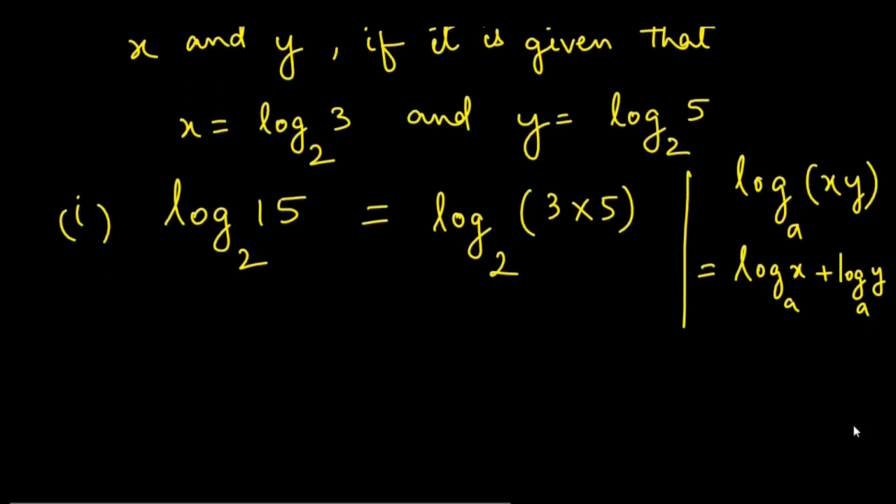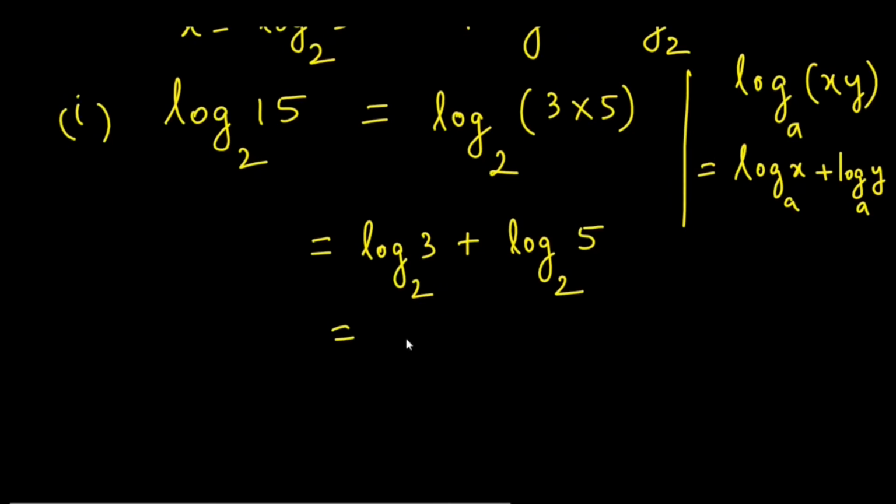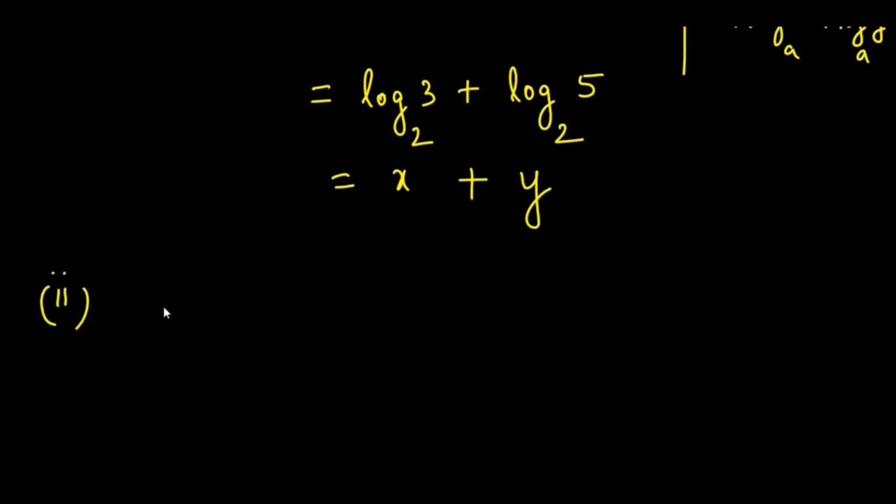Now we write this one as log of 3 plus log of 5. As per the given data, log of 3 to the base 2 is x plus log of 5 to the base 2 is y. So we have written log of 15 to the base 2 as x plus y. Second one,